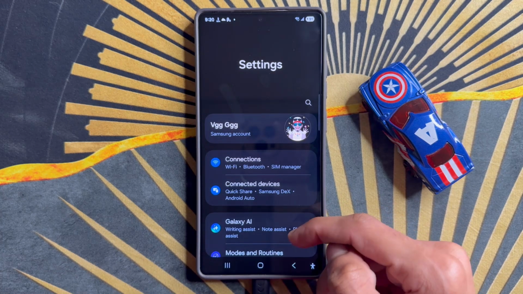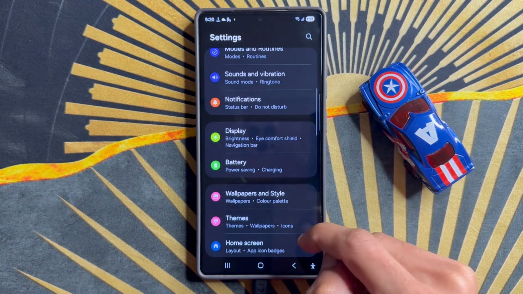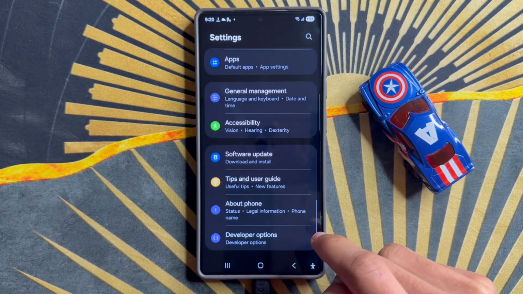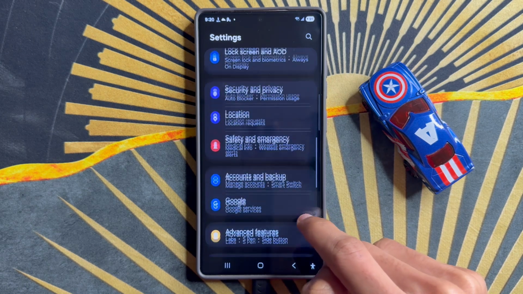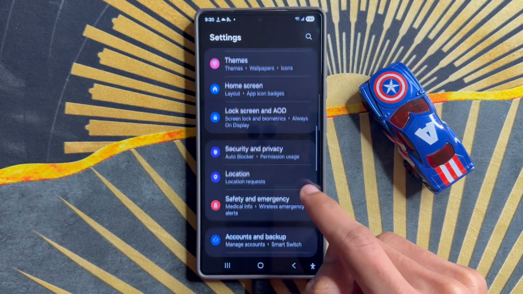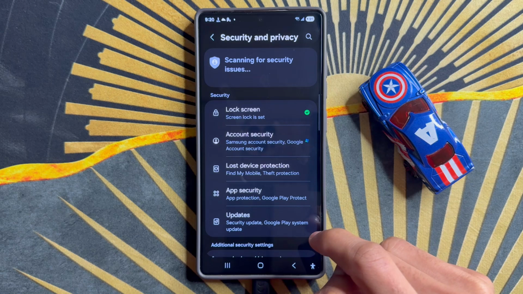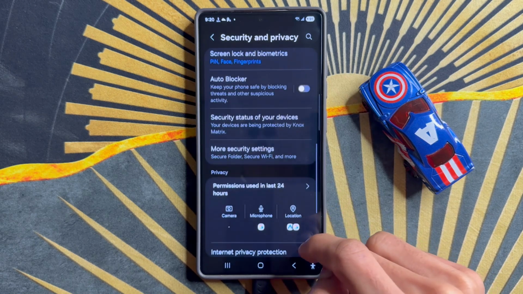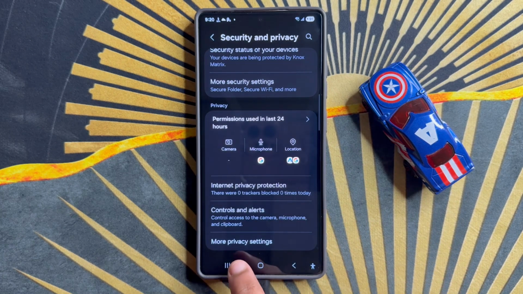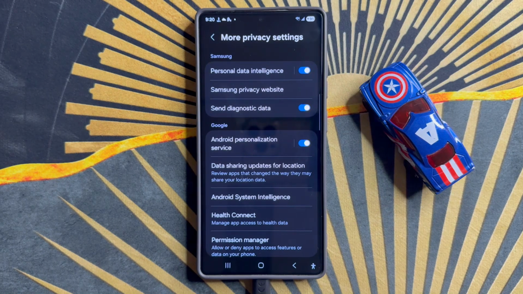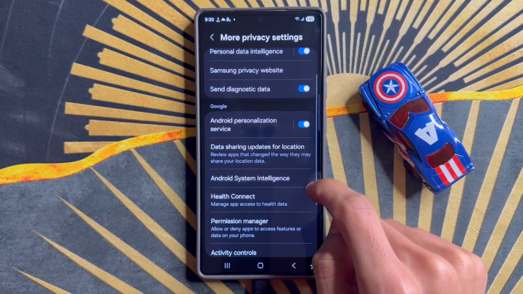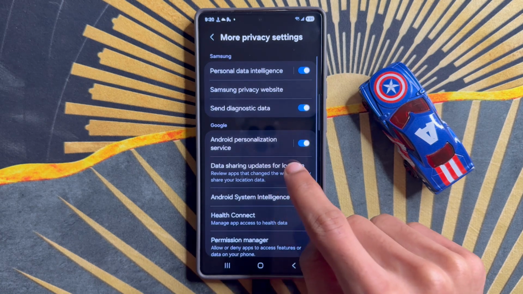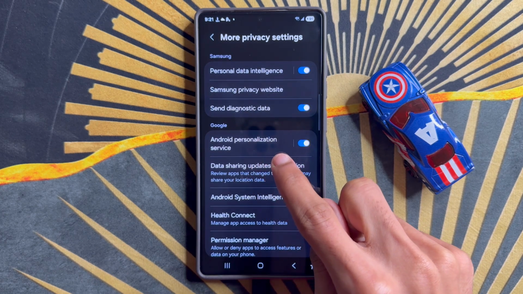Now in Settings, scroll down and click on Security and Privacy. After clicking on Security and Privacy, scroll down and click on More Privacy Settings. After clicking on More Privacy Settings, scroll down and you will see the first option is Android Personalization